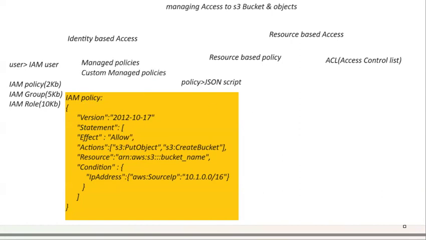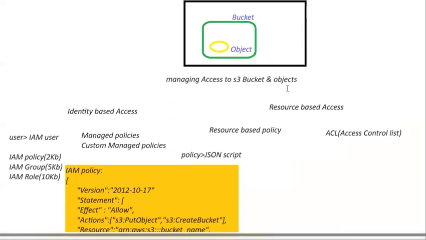AWS will already provide you some policies by default. We call those policies which are provided by AWS by default as managed policies. So in order to attach a policy to an IAM user, you have two options. First one is you can write your own policy and attach it, or else you can use these managed policies and attach that to a particular IAM user to provide